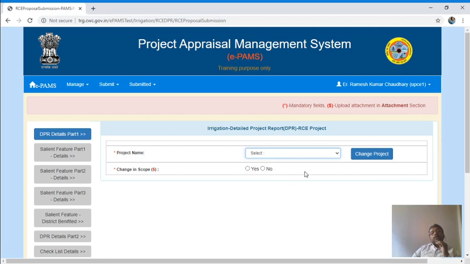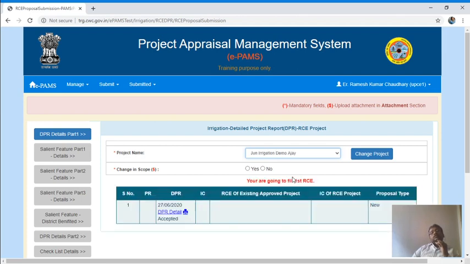Here I am going to select June irrigation as a demo. Here it is clear that it is asking change in scope, yes or no. Suppose I choose here change in scope, yes.